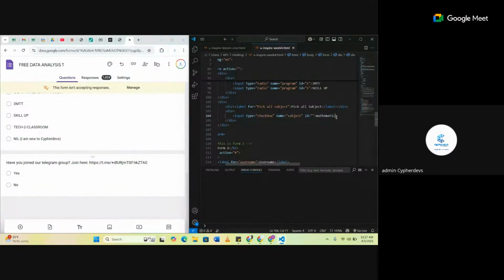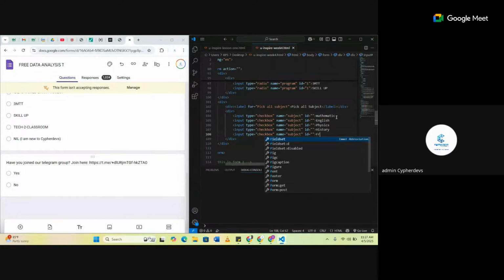So input is another example of a self-closing element. Mathematics, English, physics, history, French. Okay. So with this,